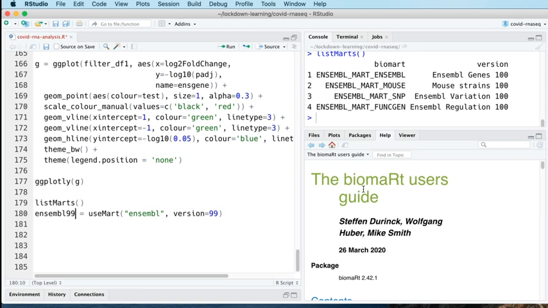So this function that we've got here on line 180, this will connect us to BioMart. This is like when we loaded up the BioMart. So we can make an analogy here to the BioMart website. So if we go back to the front page of BioMart,